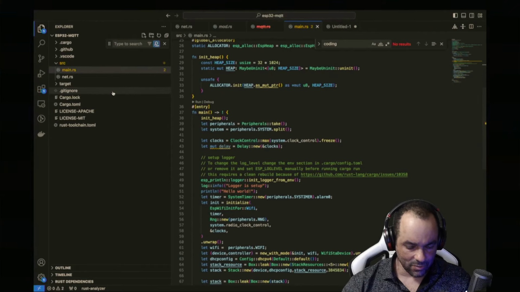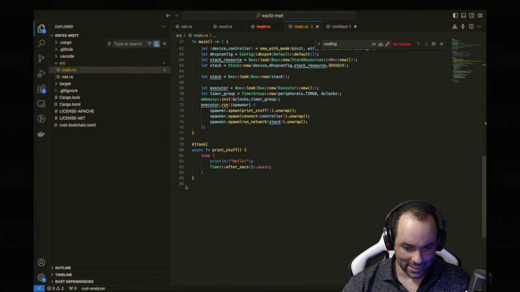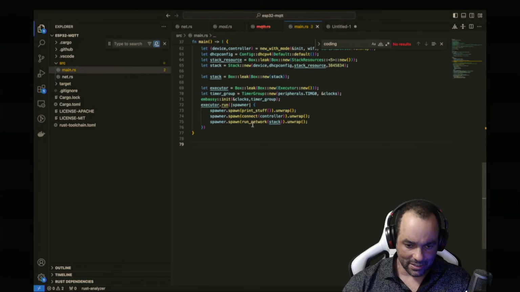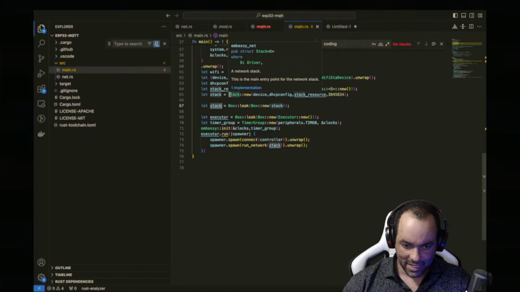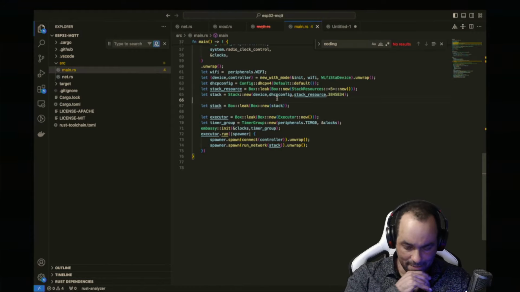Okay, so we have a main function. Let's first deal with that hello task, because that's pretty annoying, and we remove this one. So we created a stack object. That's a leaked box, so it will be available forever, and it is an embassy-net TCP/IP stack. And also we have the DHCP config, so it has an IP number. I passed that to the